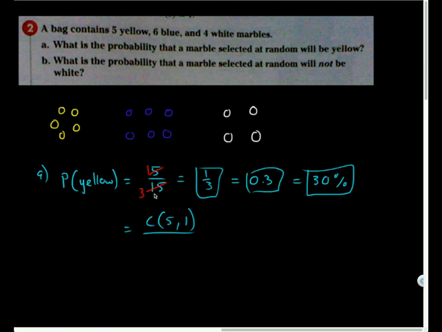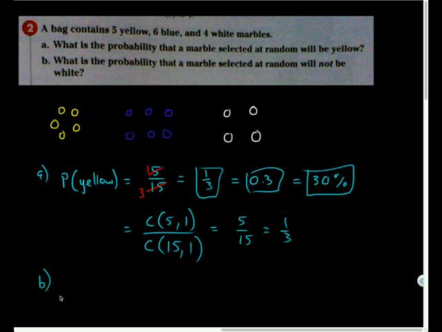And then how many ways could I select any marble? Any single marble. I'm picking one marble out of all 15 here. So my denominator would be combo 15-1. And in these cases, both of these combinations happen to reduce to the same fraction and still equal 1/3. So here's a more elementary perception of the problem where you're just counting it. And then here's where we're starting to use some combinatorics to represent the situation.